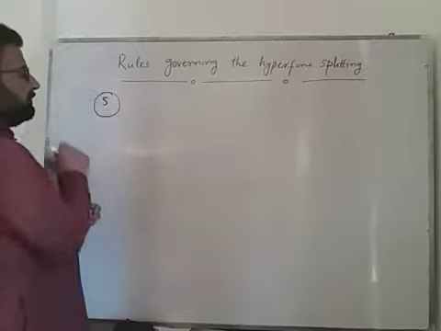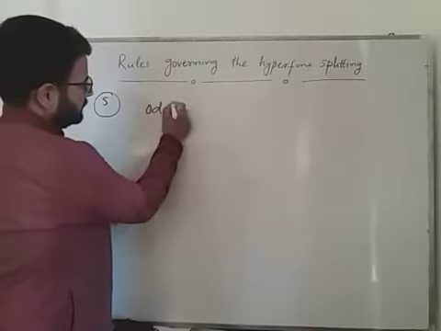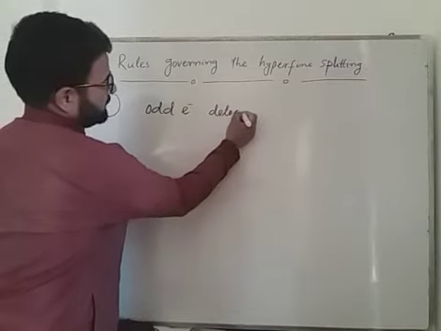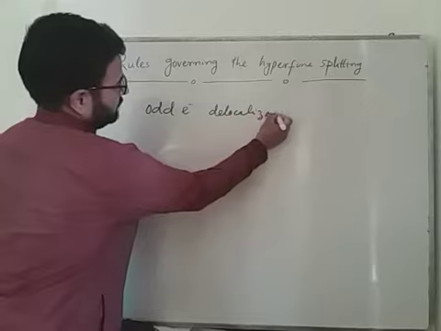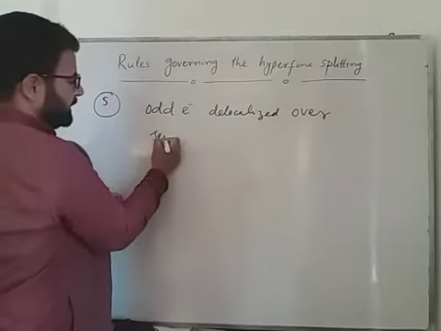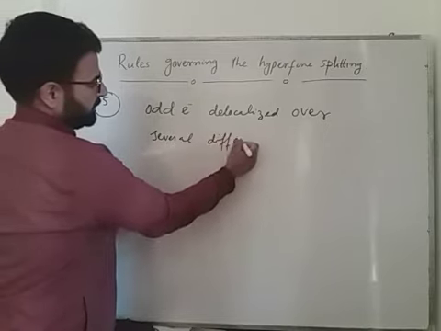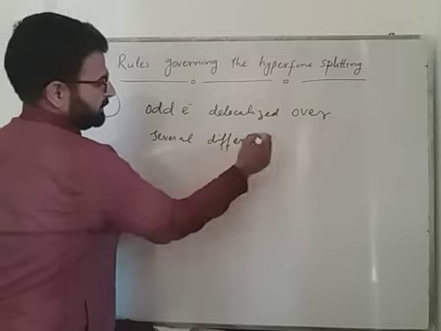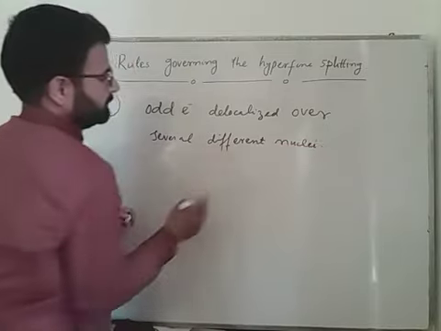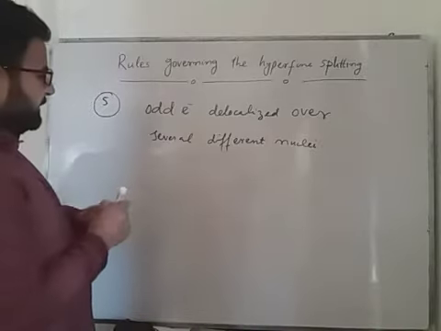So in this case, you have an odd electron delocalized over several different, or non-equivalent, nuclei. The number of lines will be given by